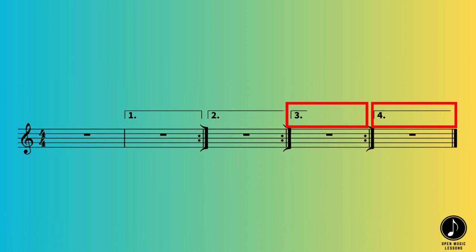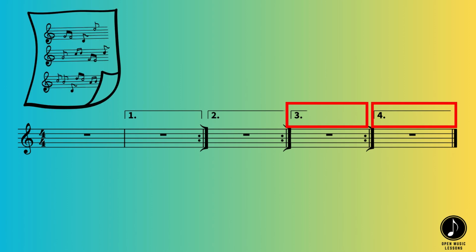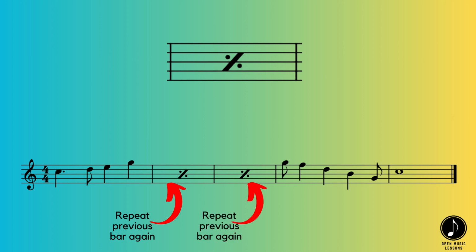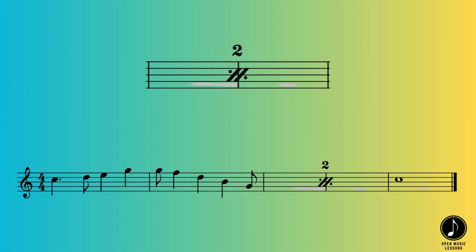Third and fourth time bars are also possibilities depending on how a composer or arranger would like to structure their piece of music. A single bar repeat looks a little like a division sign. It tells a performer to repeat the previous bar and play exactly what was played once again. This can be used multiple times in a row, and the performer will just keep repeating the original bar until the repeat marks stop. The double repeat mark tells the performer to repeat the previous 2 bars as they were before, and can also be repeated like the single repeat bar.